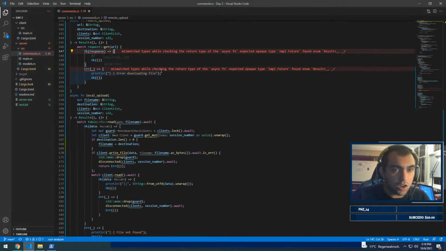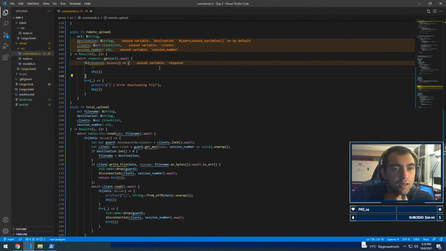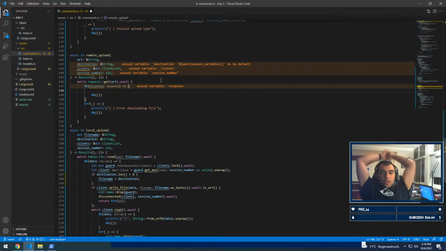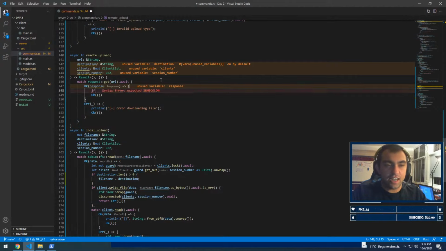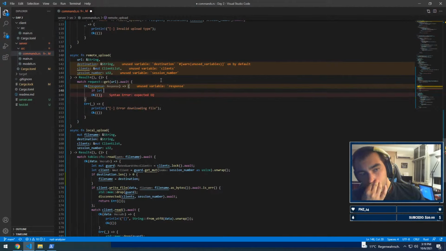So now this should not be, oh, we forgot to await this. I always forget to await things. Thank God that these errors are actually pretty decent. Okay, now let's use the response. So for now, we might as well always require the destination actually. So I'm going to do if let, no, I'm going to do if